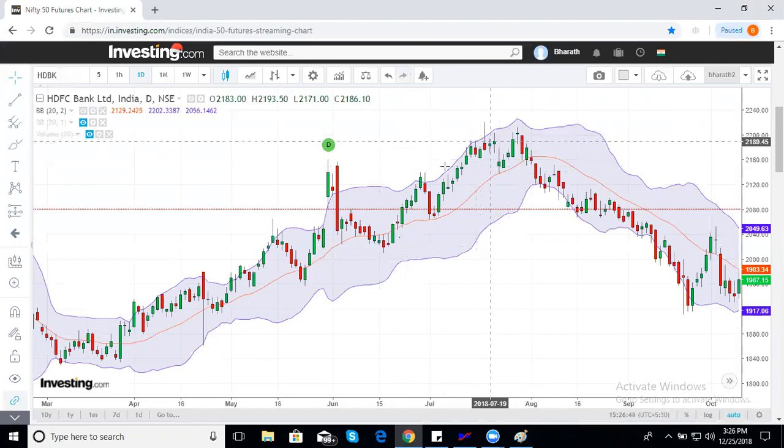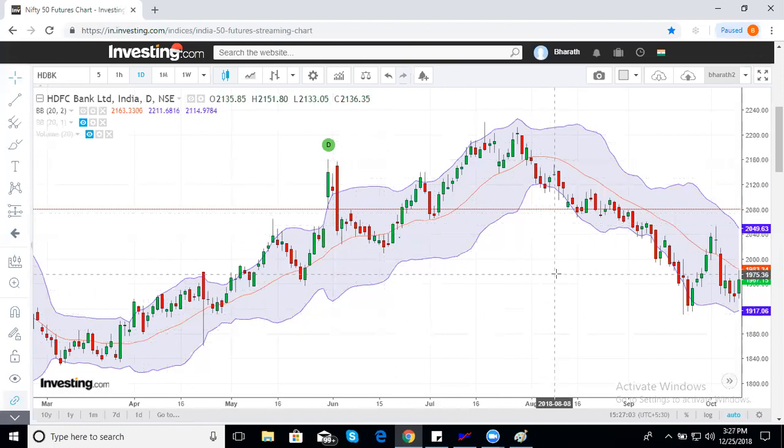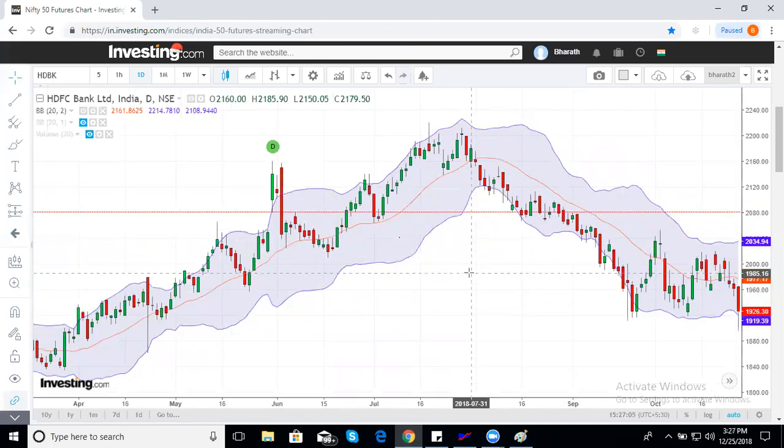How did they know this? Bollinger Band said this. The buyers who had the strength to take the prices outside the 2 standard deviation are now no more strong. This calls for an exit of your buy positions if you had bought anywhere here, and to reverse the trade. And what happened later on? You know the story. The market moved from 2,200 to this price.